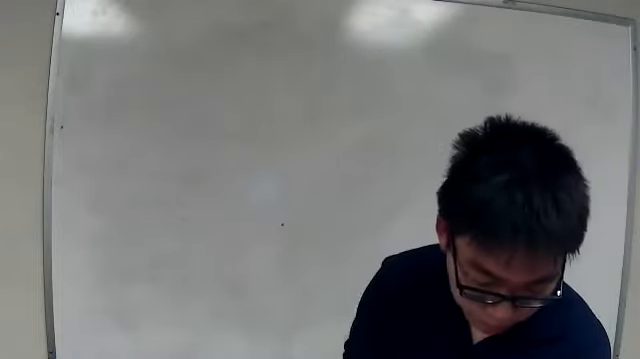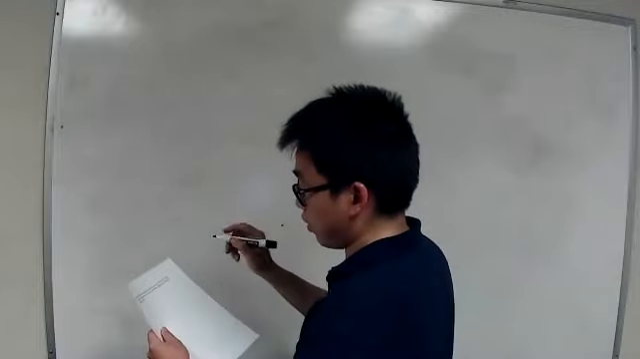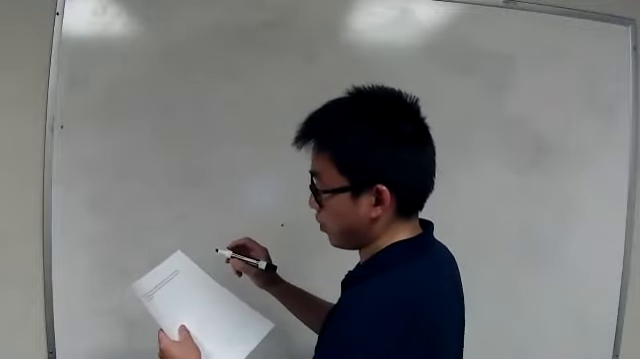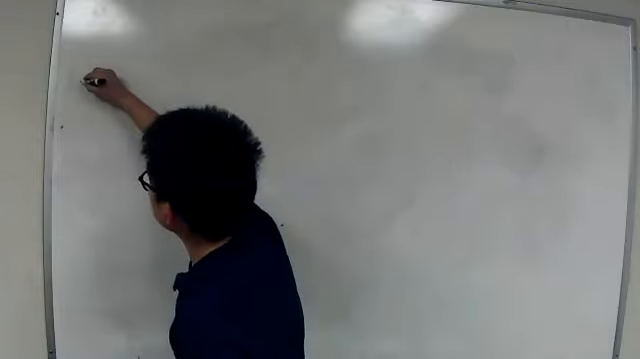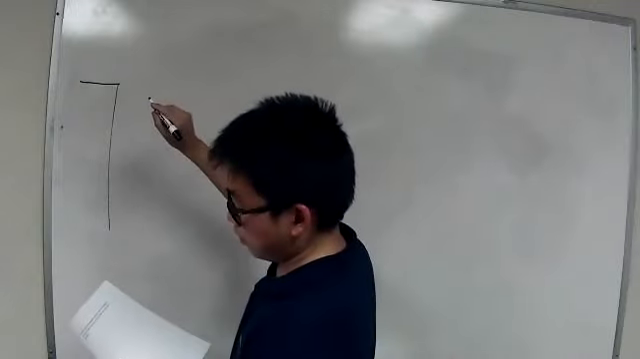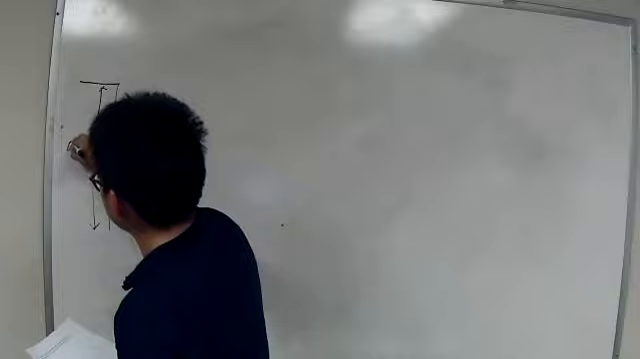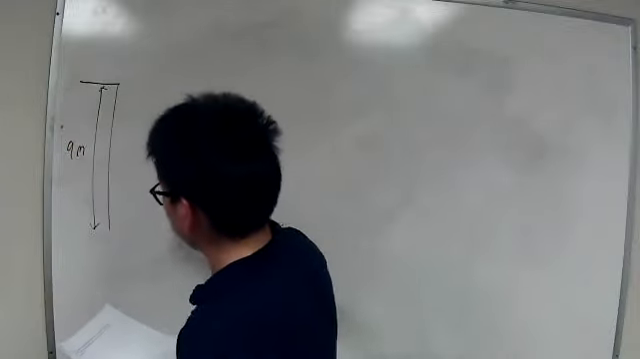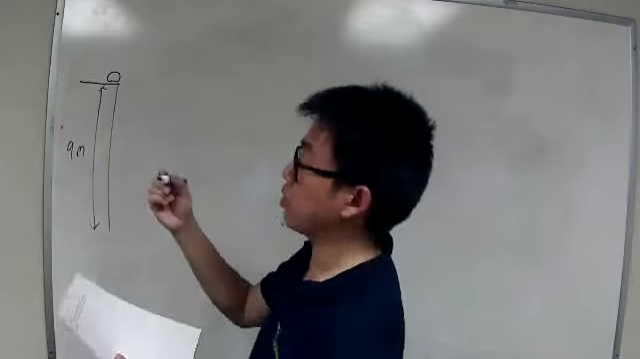All right, so 4.32. A ball is thrown horizontally off a roof of a building that's 9 meters tall and lands 9.5 meters from the base. Okay, so this thing is 9 meters tall. And then it lands. The language that you need to know is if it says thrown horizontally,